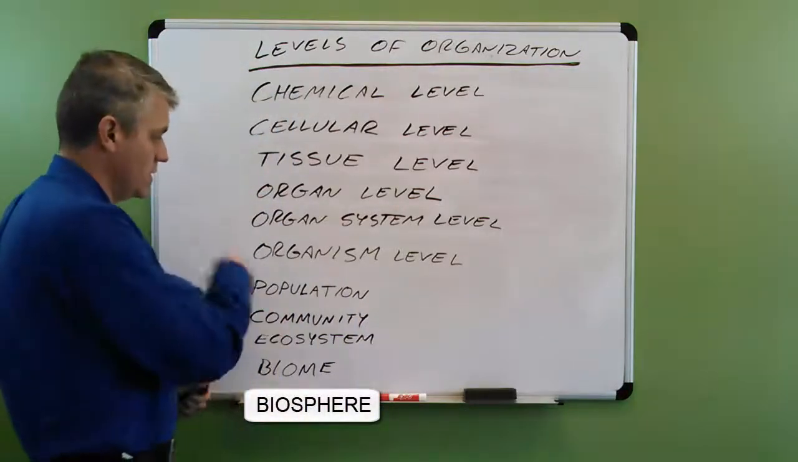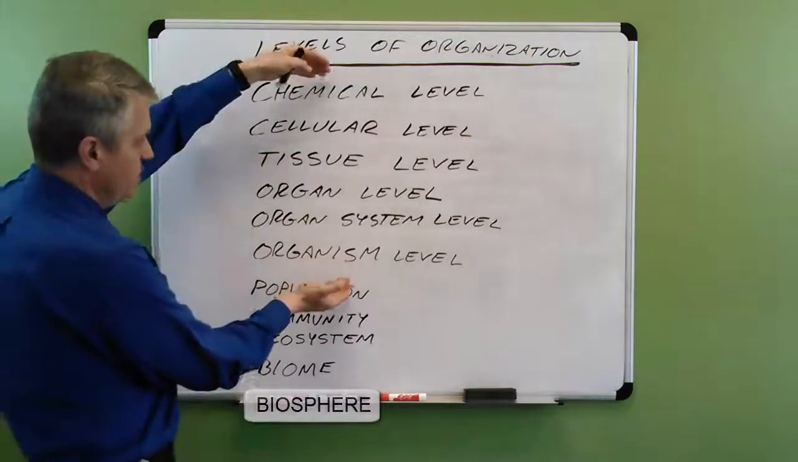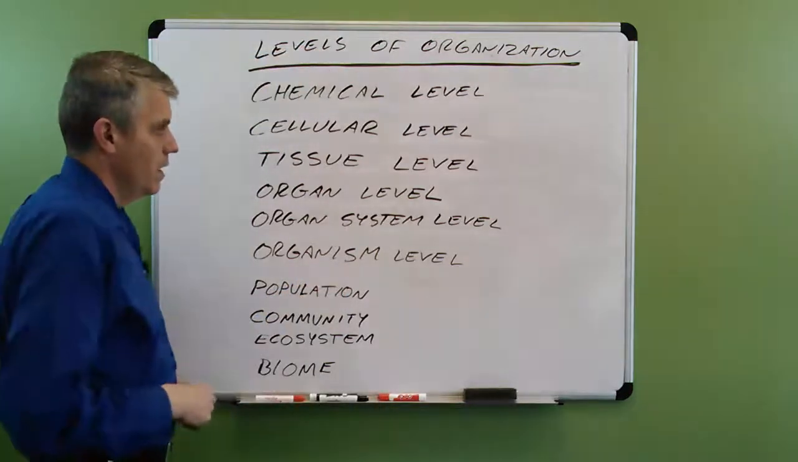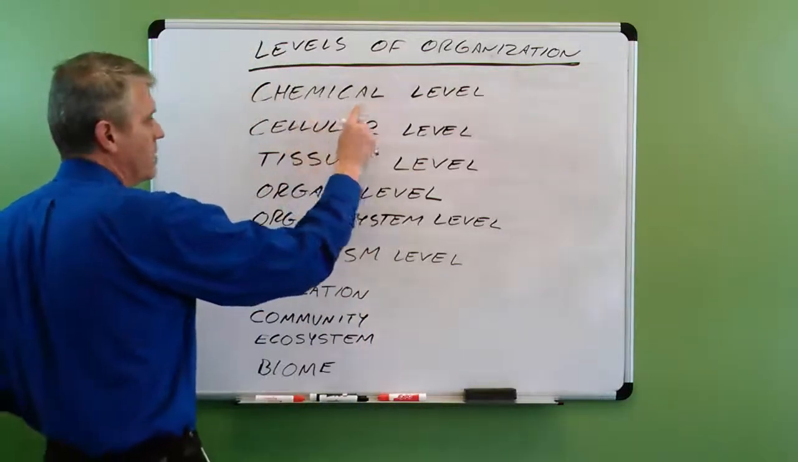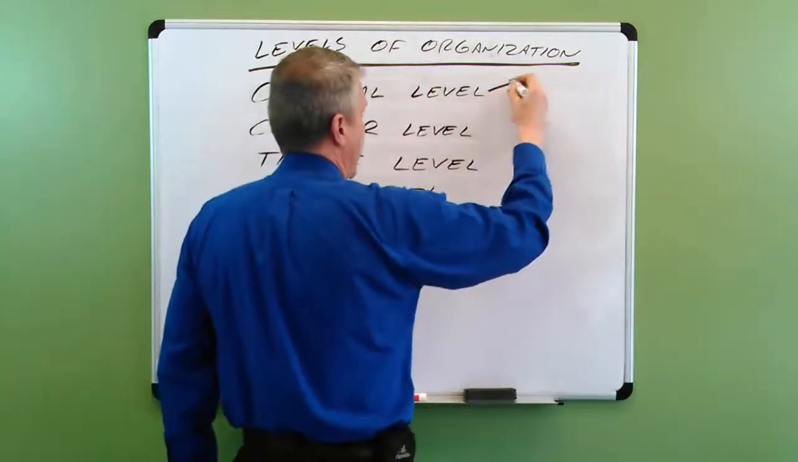So anyway, those are levels of organization. And again, if you're doing anatomy and phys, you're going to stop at the organism level. All right, more complicated. I'll take it step by step. Chemical level. I said that we're talking about atoms